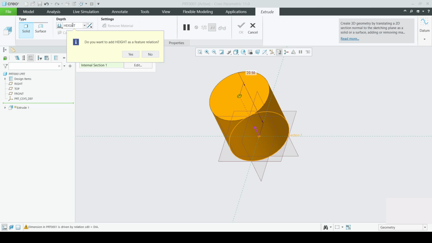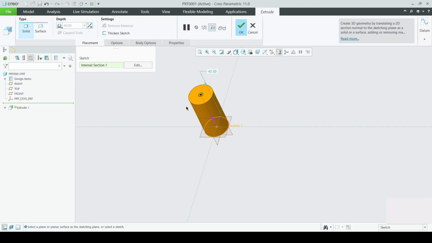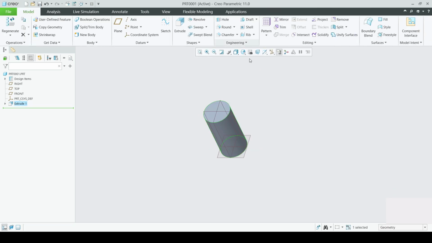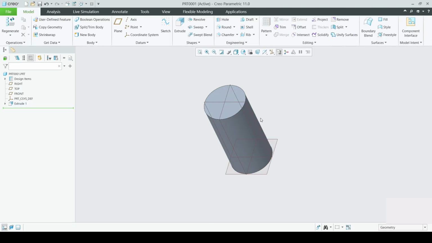and press enter. Okay, so you can see here in a similar fashion it is asking, do you want to add height as a feature relation? Because the height is the driven parameter, its value would become 40, that is 2 times of diameter. Okay, so you can see here that its value of 40 is assigned as the height of this cylinder, and now this value has been grayed out because its value is relation driven. Okay, so we will press OK,